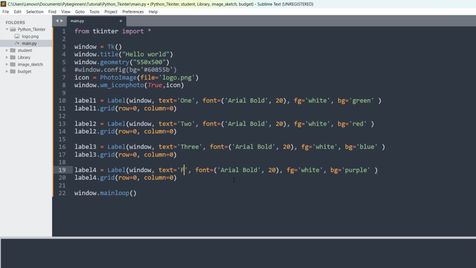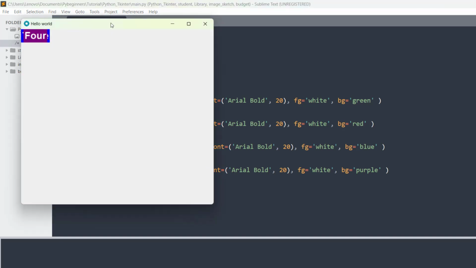So how to write 4? I think 4 is this way. Okay, I feel like this thing is wrong. I don't know. Okay, let's keep it like that, but I feel like this is wrong. Okay, no problem. So if I save this and if I run, now we can see the things properly.